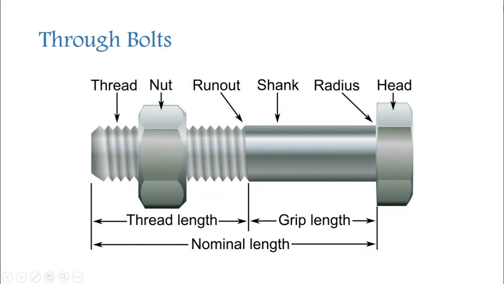Depending upon the usage, the through bolts are called machine bolts, automobile bolts, eye bolts, or carriage bolts. A machine bolt has a rough shank. The head and the nut of the machine bolt may be rough or finished as per the requirement. Commercial machine bolts are available in sizes from 5 millimeter to 75 millimeter nominal diameter. Nominal diameter means the outer diameter of the bolt.